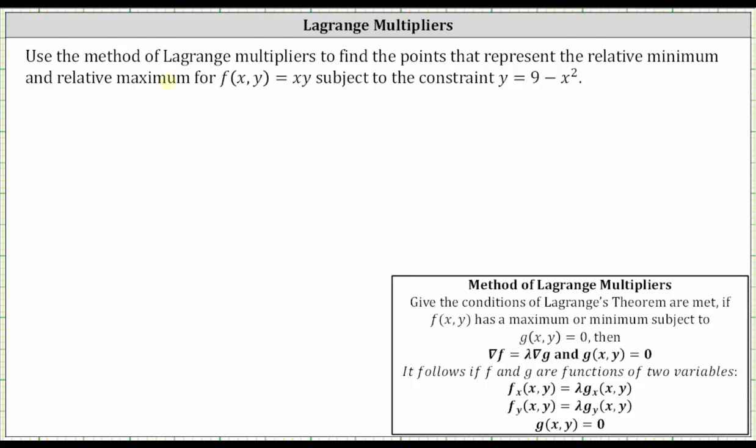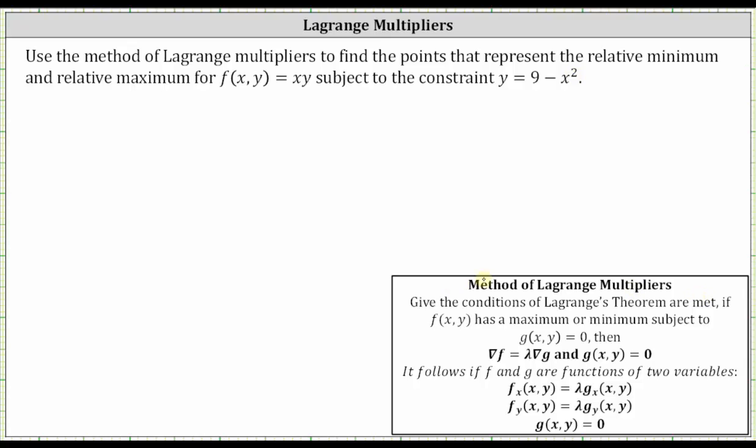We're asked to use the method of Lagrange multipliers to find the points that represent the relative minimum and relative maximum for f of x comma y equals xy, subject to the constraint y equals 9 minus x squared. We will assume the conditions of Lagrange's theorem have been met, and therefore if f of x comma y has